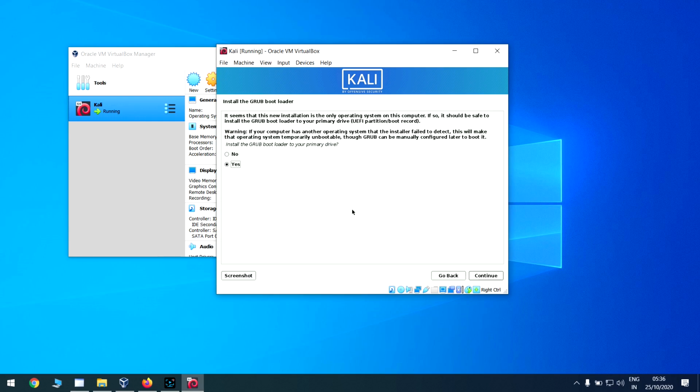Now it's asking to install the GRUB bootloader. So select yes and continue.